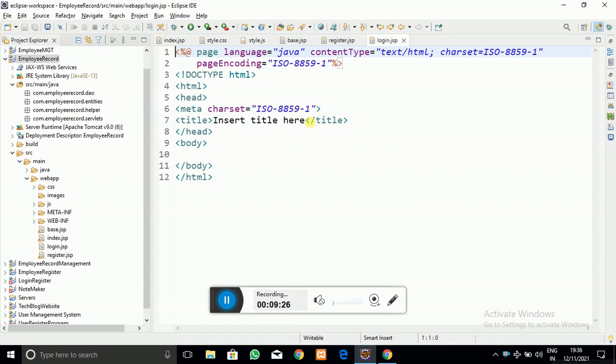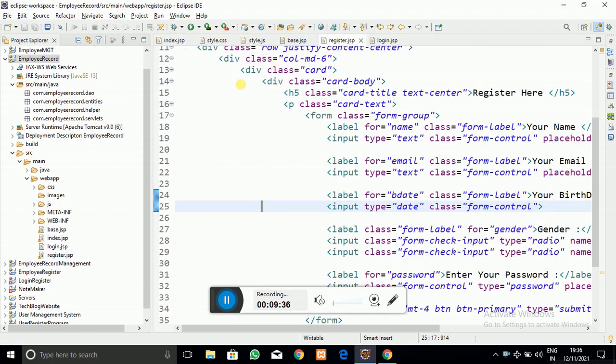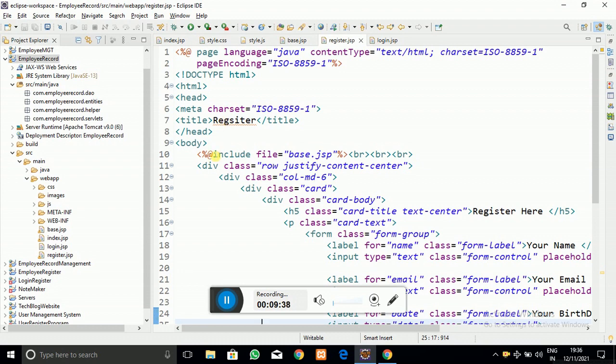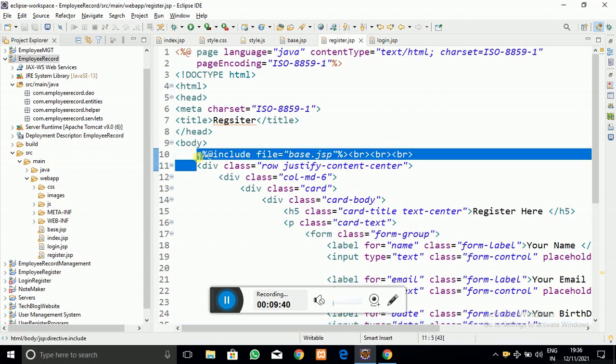So now here you just have to change the title of that page, that is Login, and into the body tag, as we have created in the registration form, just copy that code.